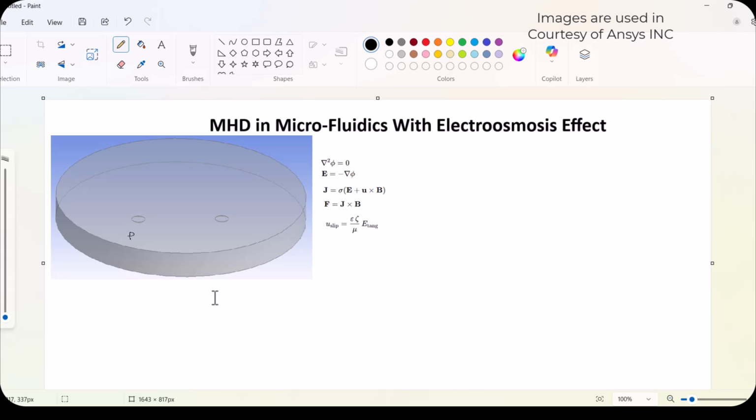potential is given, maybe positive for the anode and 0 here, then due to these positive and 0 values, what is the net electric field that is generated here? There will be a net electric field generated between these two, right? So if there is a net electric field generated between these two and a magnetic field is applied in